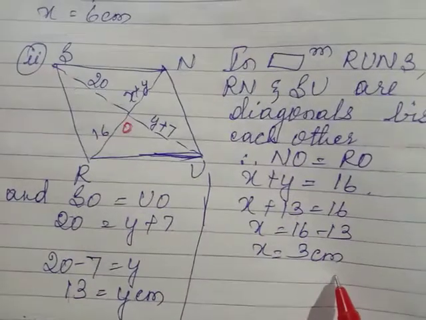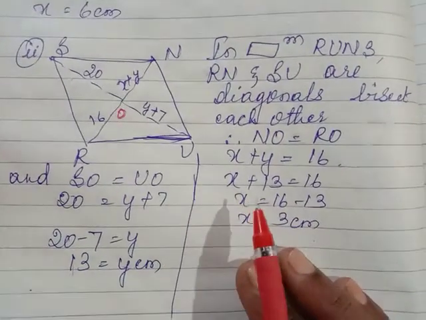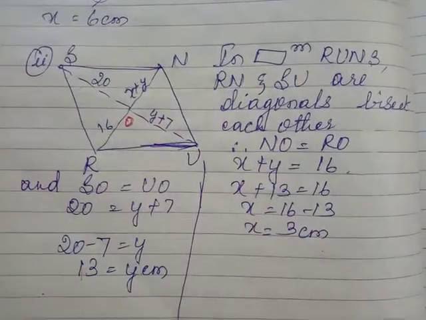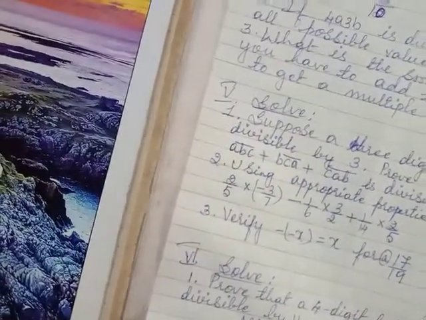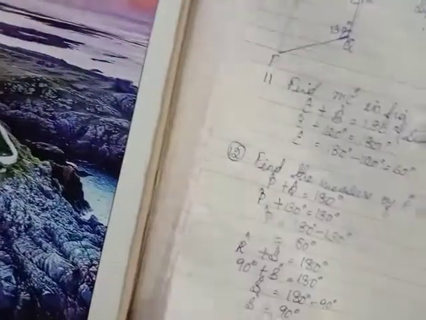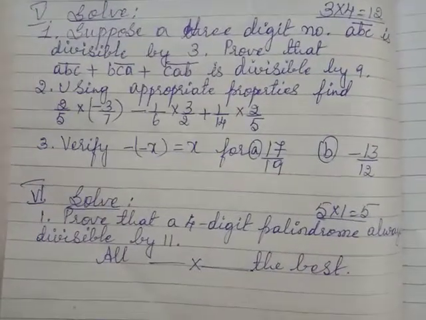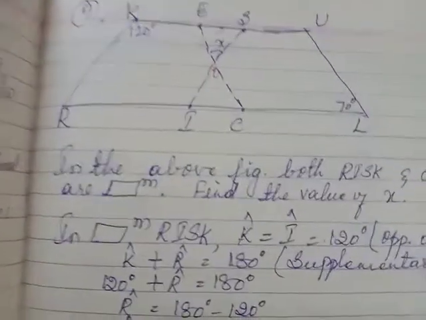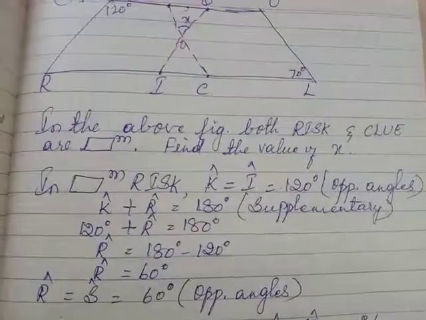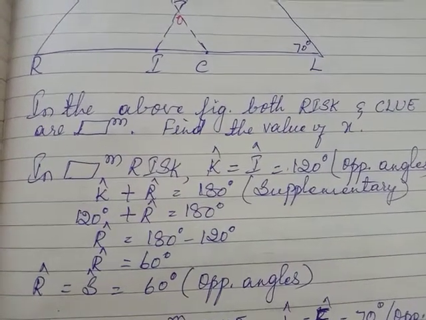Okay children. So this is exercise 4.2. Now next, still exercise 4.3 is there. Continuation of exercise 4.3, the 9th, 10th, 11th and 12th problems. So let me explain that in the next video. I will explain from the 9th problem in the next video. Thank you children.